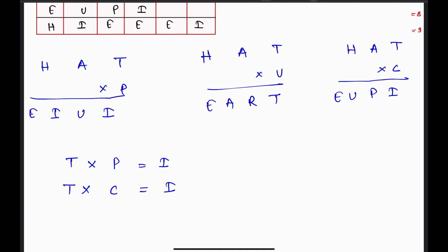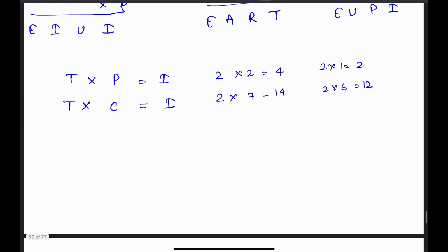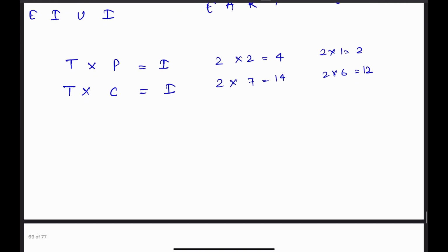See what are the different possible values of T. T could be 2 into 2, it will be 4. 2 into 7, it could be 14. 2 into 1, it could be 2. 2 into 6, it could be 12. So a lot of possibilities are there, not only one. If I take into 3 or 2, if in 2 also,